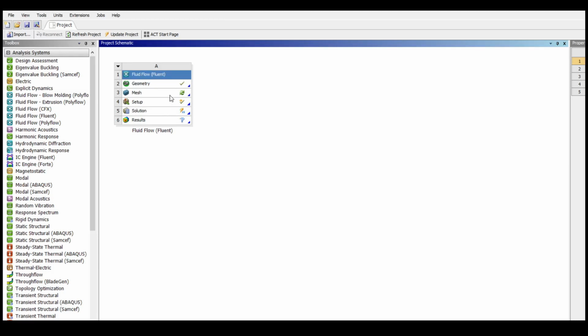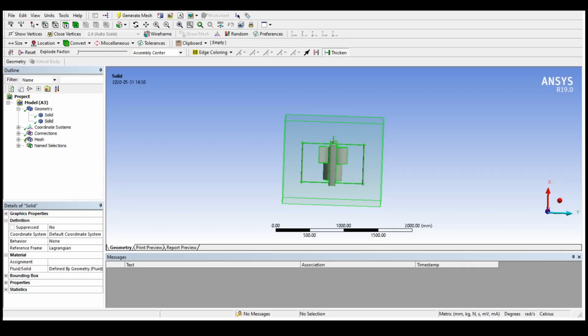Okay, after the completion of the geometric section, the tick mark is given in the geometric section, and it is a permission for us to move into the modeling section, and it is denoted as a mesh. I am double clicking on the mesh option, and the modeling section is being loaded. It may take a few minutes, let's wait. Okay, the geometry is obtained in the modeling section. Let us rotate the geometry and see it in different directions. Okay, it is all fine.